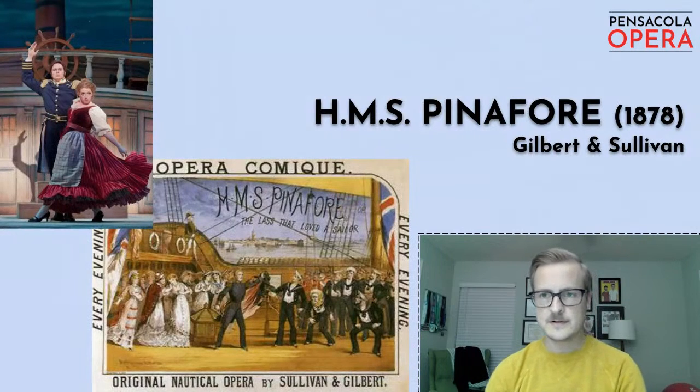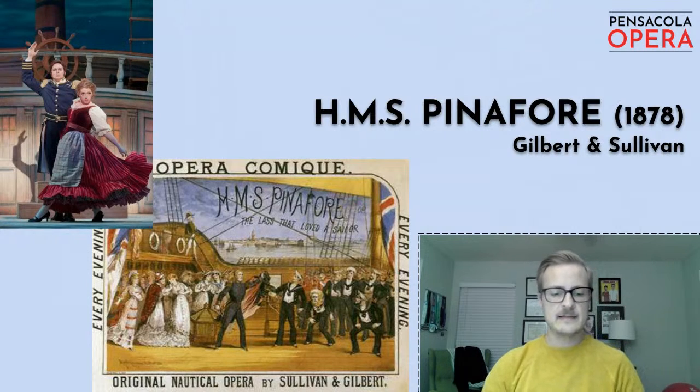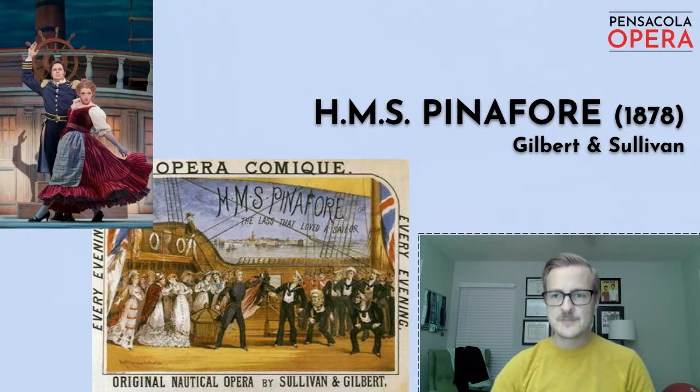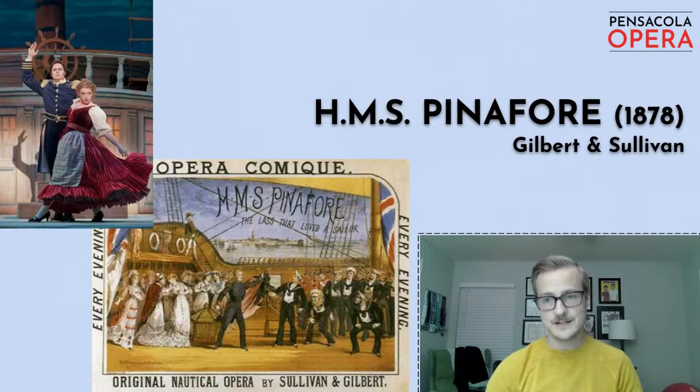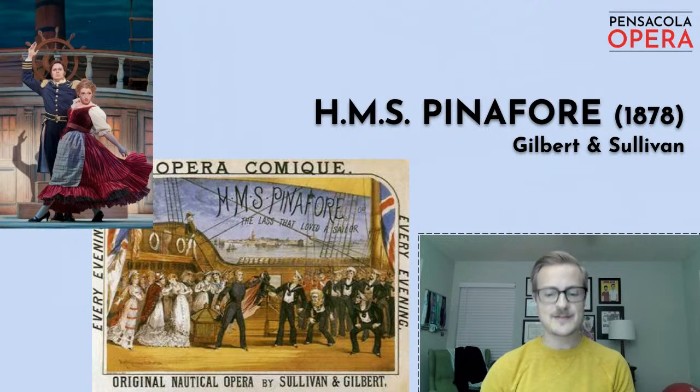And then the 2 other operettas that they are most well known for are The Pirates of Penzance and The Mikado. HMS Pinafore premiered in 1878 in London at the Opera Comique, and it was an instant success. So much so that in the following years, there ended up being around 150 unauthorized versions that somehow popped up in the United States. Word of this piece got over the Atlantic, and we had around 150 productions in the US, and